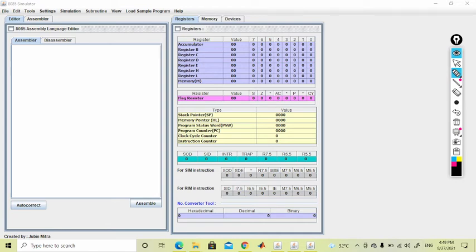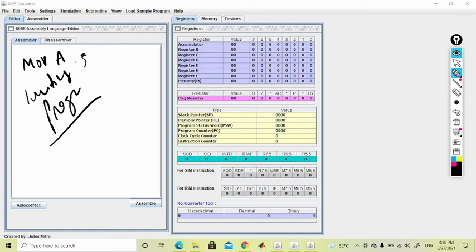This area is used for writing programs. Here you will be able to write programs like MOV A, 50H.